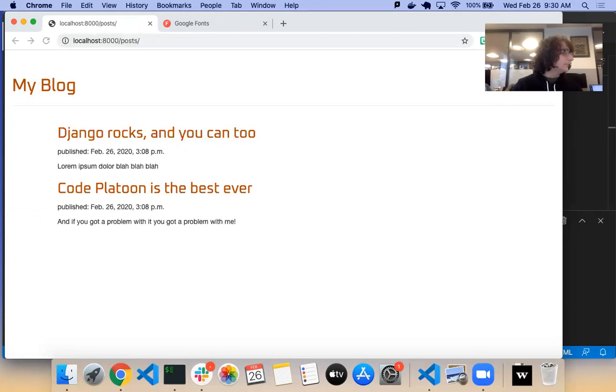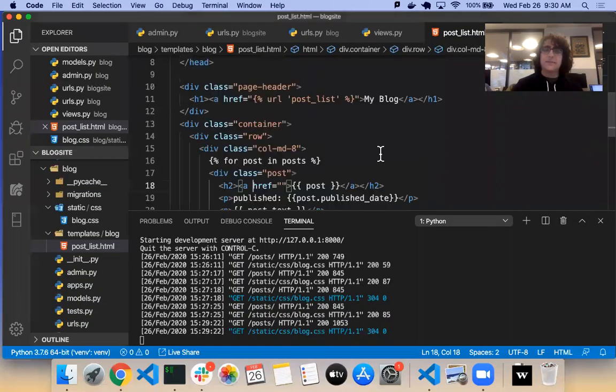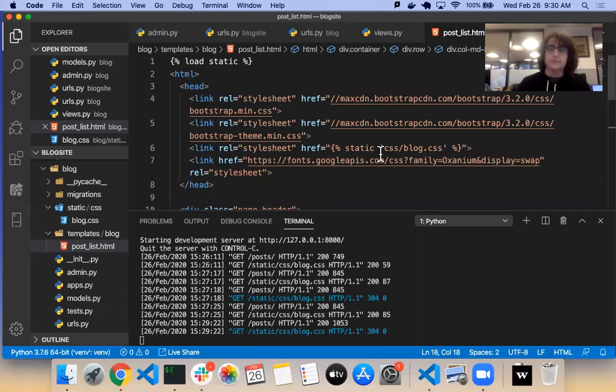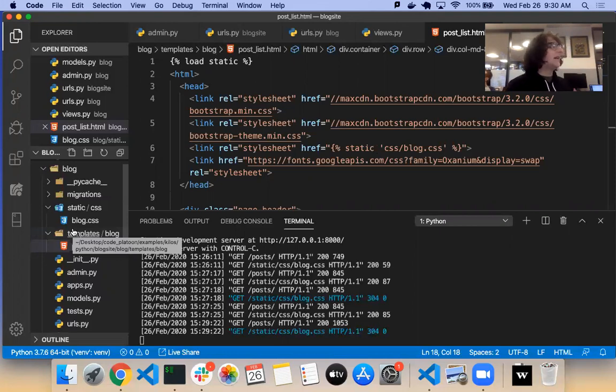Can you go to where you link the CSS file in the HTML? Yes. Why did you put the reference inside that Django thing, static CSS? So this is again one of those things about conventions.